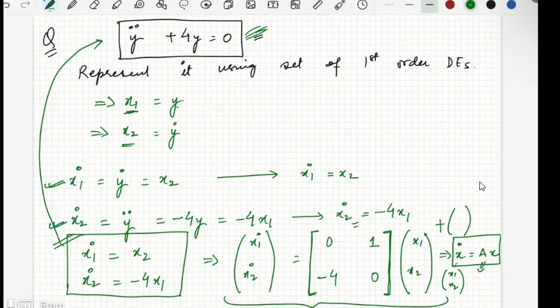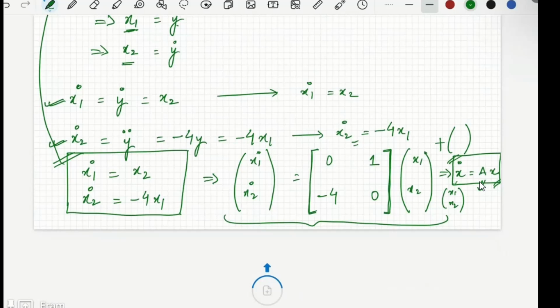So in this way, we will first model our system using differential equations, then we will transform it using ODE, and then we get a beautiful form of differential equation in the matrix formulation. Okay, so similar to that,